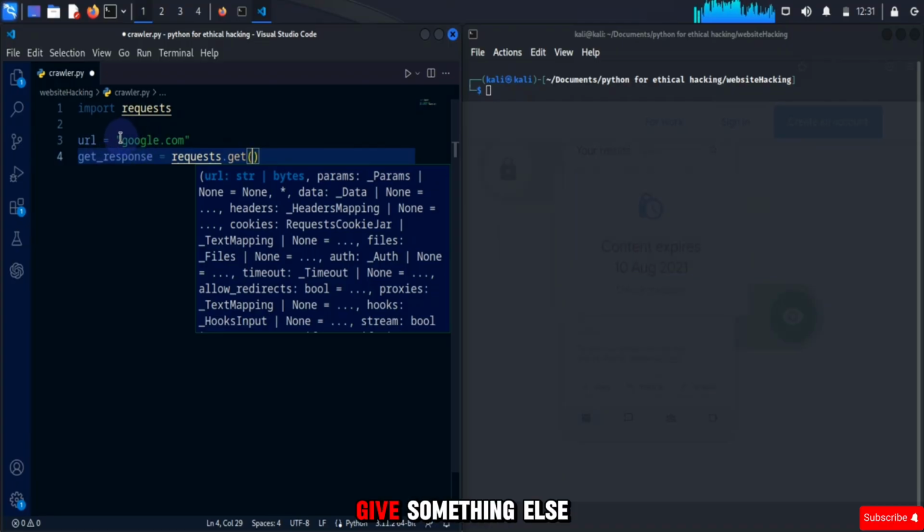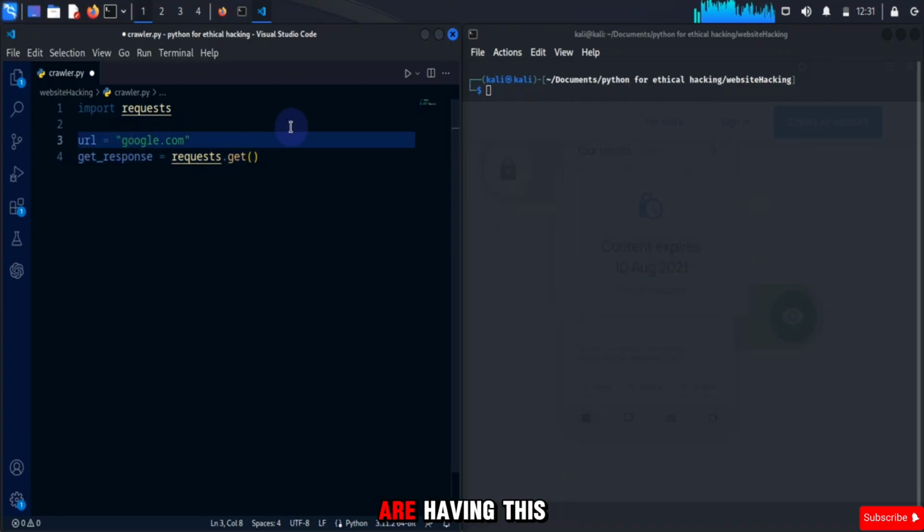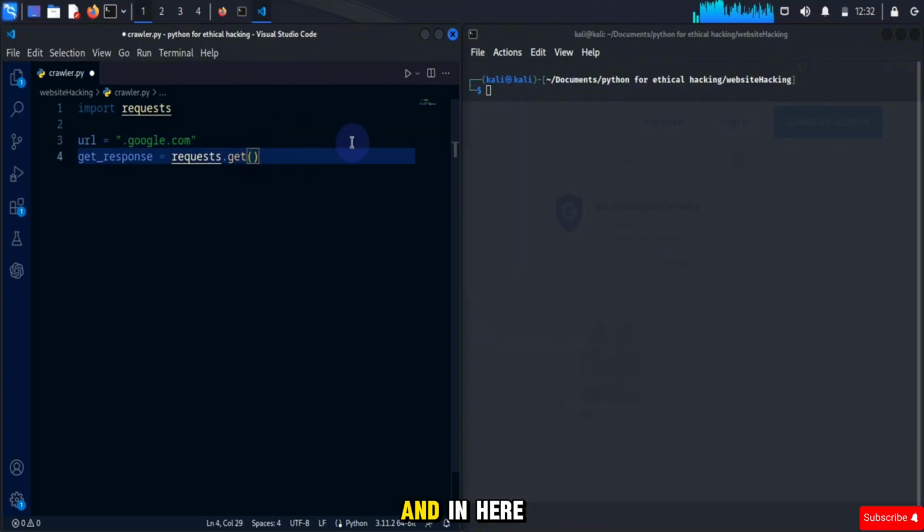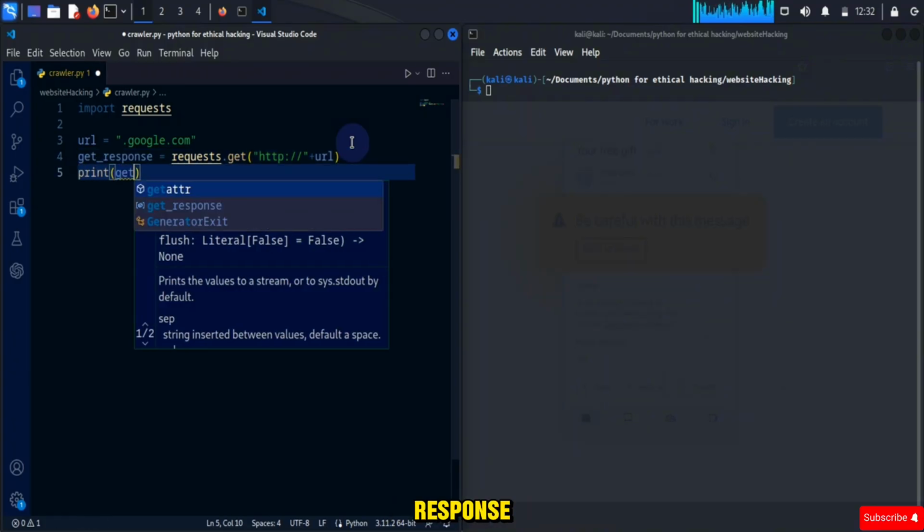Here I need to provide HTTP, and I'm going to concatenate this with the URL that we have. Now if I print this get response,